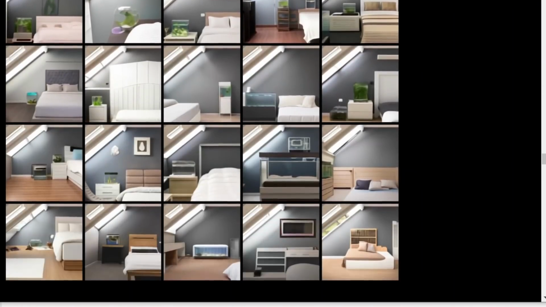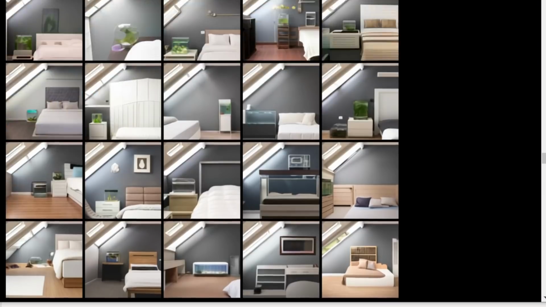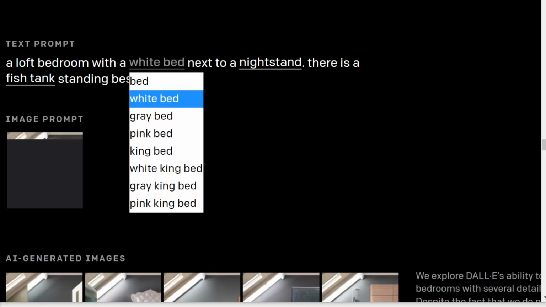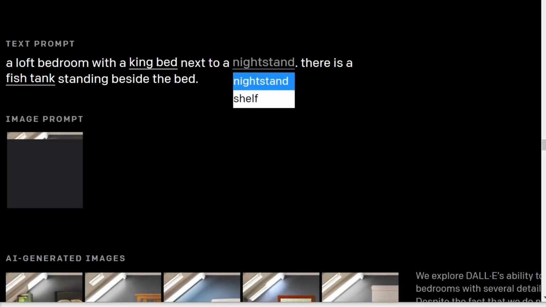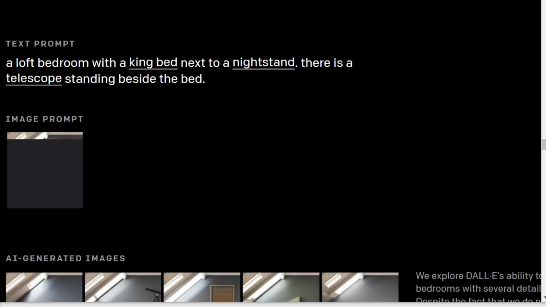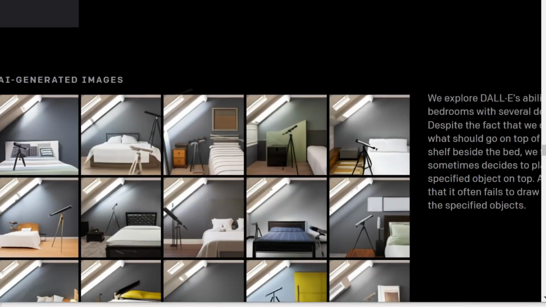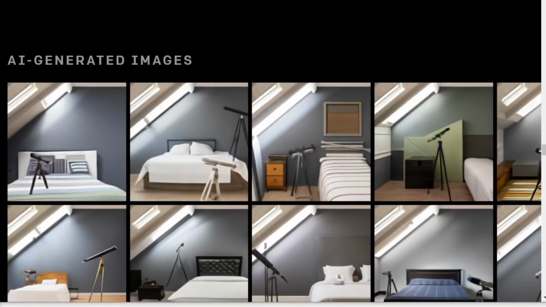And you can imagine that there are a lot of pictures like this in the data set, so the model might be pretty good at stuff like this, though I have found their king bed next to, let's say the nightstand with the telescope. The telescope beside the bed,